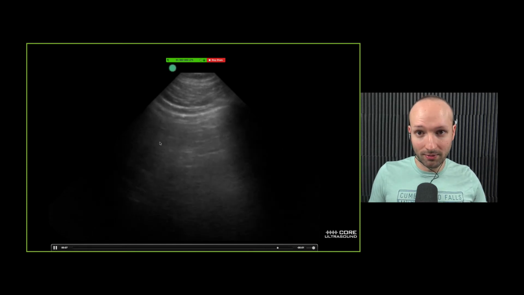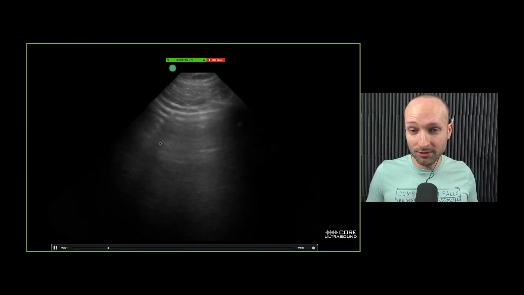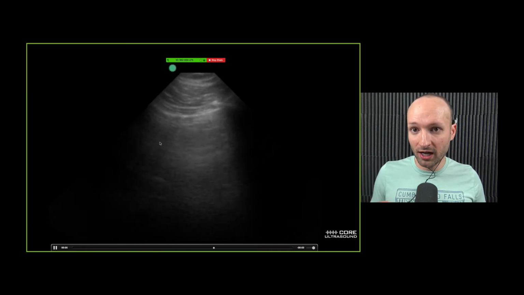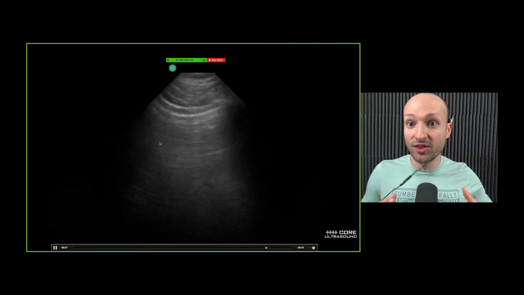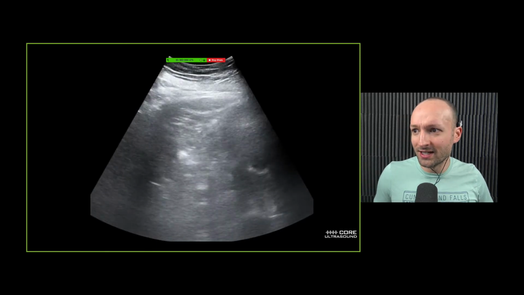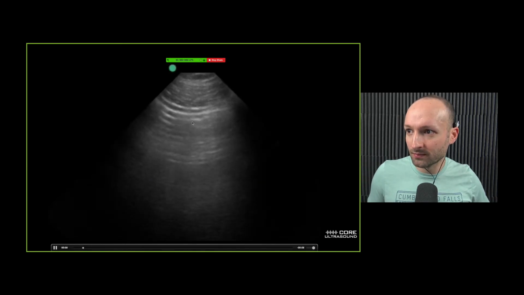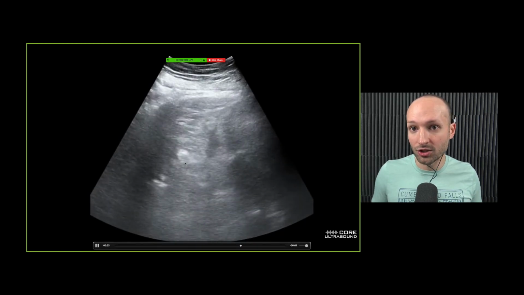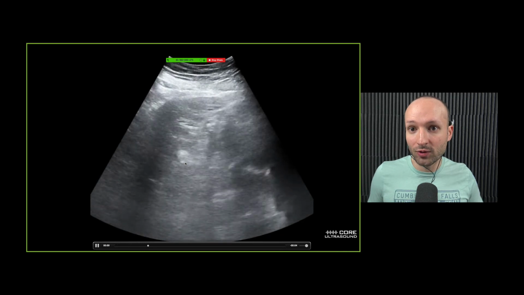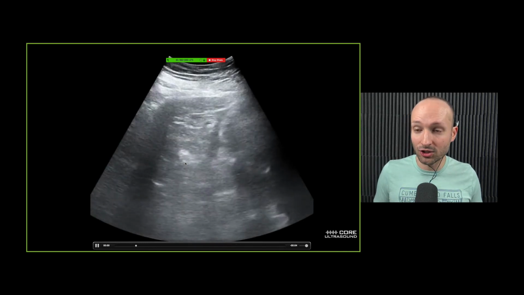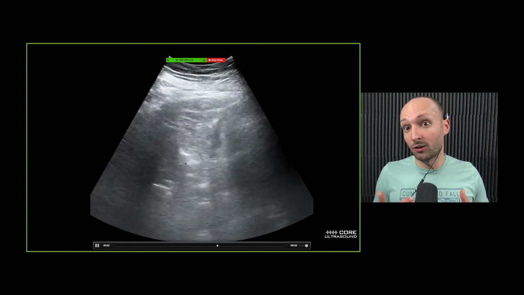Oh, another thing I have to mention is that when I mention bronchograms, I'm talking about bronchograms that are within a consolidation. So this right here is not that. This is normal and this is abnormal. We're actually able to see lung tissue. If you can see lung tissue, that's always pathologic. You should never be able to see lung tissue because lung tissue should be air-filled and the ultrasound machine can't